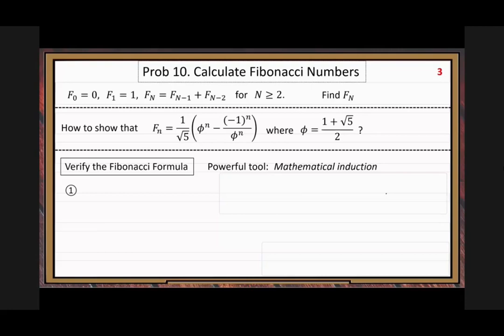In mathematical induction, there are 3 steps you need to complete the whole procedure. The first step, base cases verification. We already did that part. Check the base cases. F0, F1, that's enough. You only need to check 2 base cases. But we did 4. So we did more than that. So we can pass the first step. All right. Then step 2,